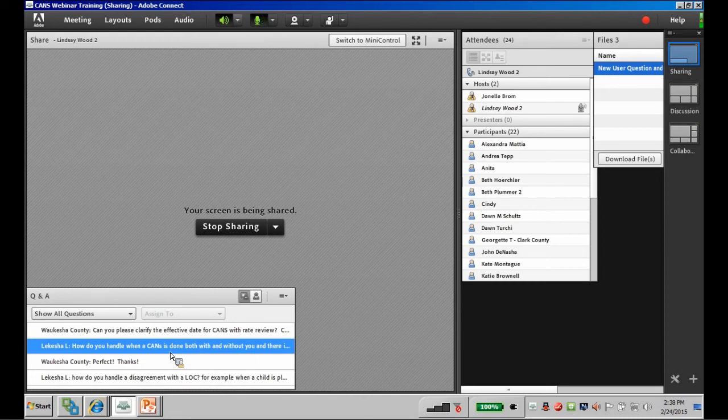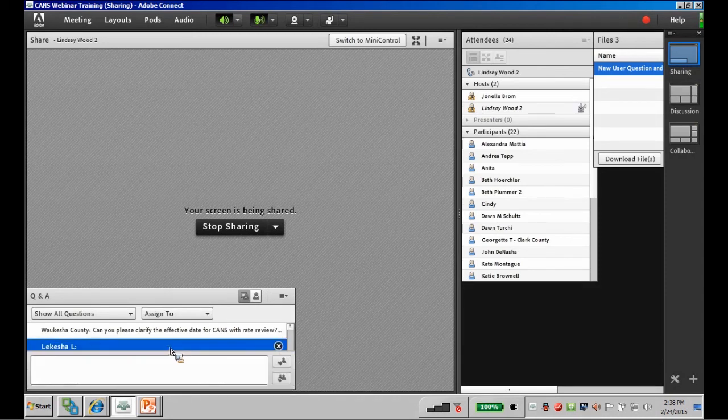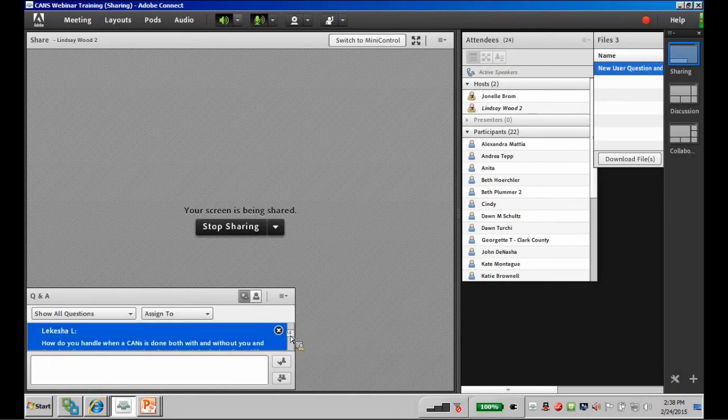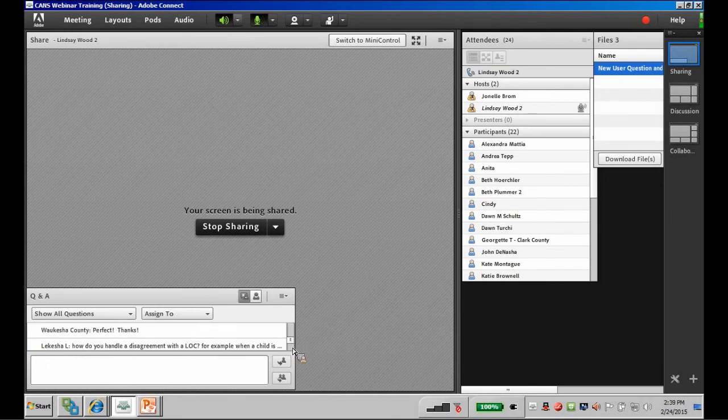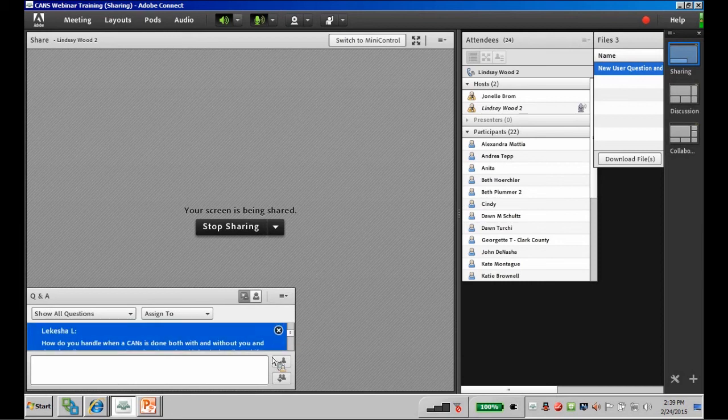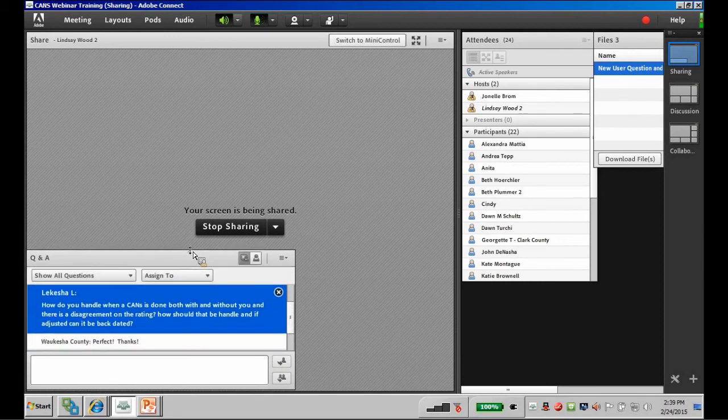If you want that to pull in, then it will sync it up. But there should be communication between the rate setter and staff doing that, and the rate setter should let people know how many days they need. Your agencies are supposed to have some policies around how many days your rate setter needs to get the information to do a rate setting.